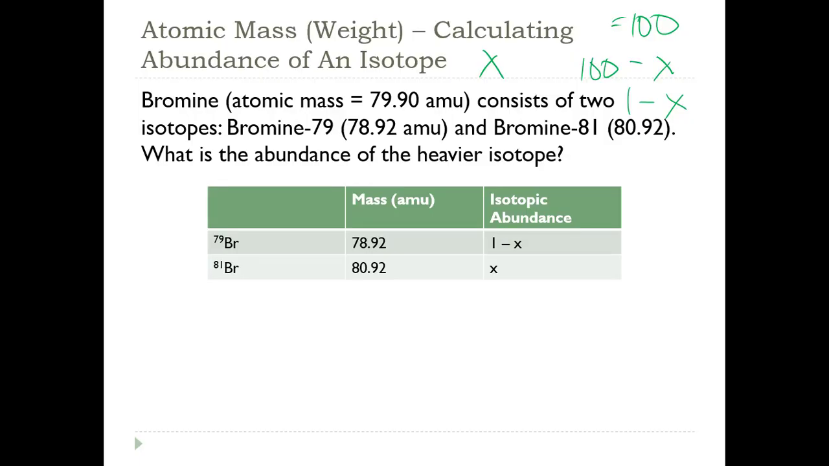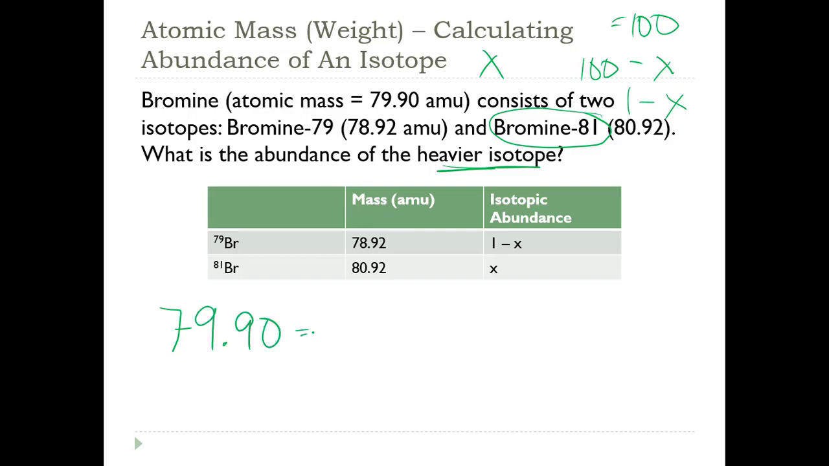So what is the percent abundance of the heavier isotope? We're trying to find the abundance of the heavier isotope, bromine 81. Because we're trying to find that one, it makes it easier to set this one equal to x, because x would be equal to your answer. And if you wanted to find the other one, you would say 1 minus that value. But essentially what we do is we take the atomic mass,